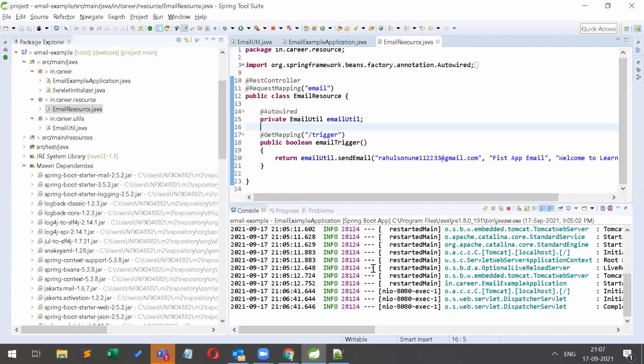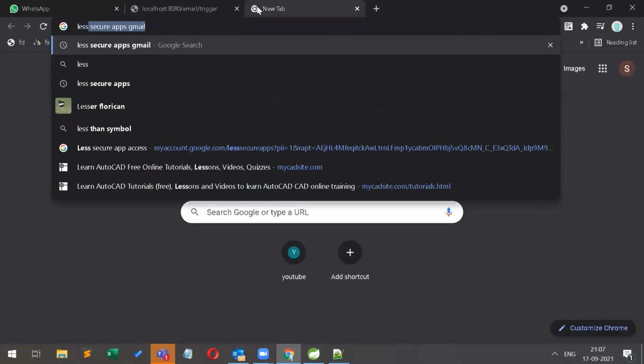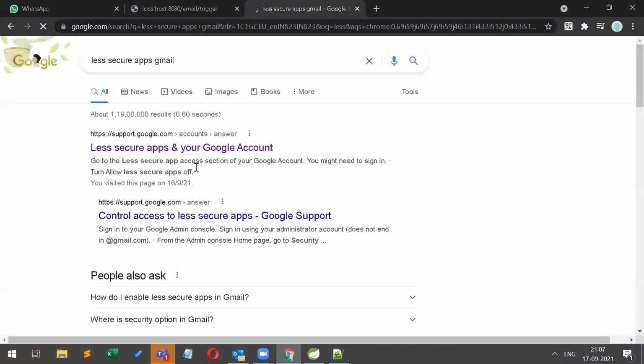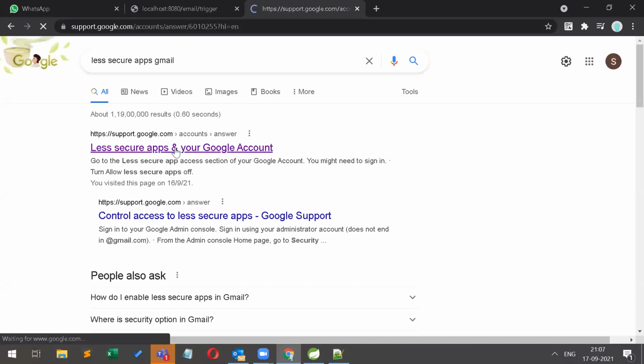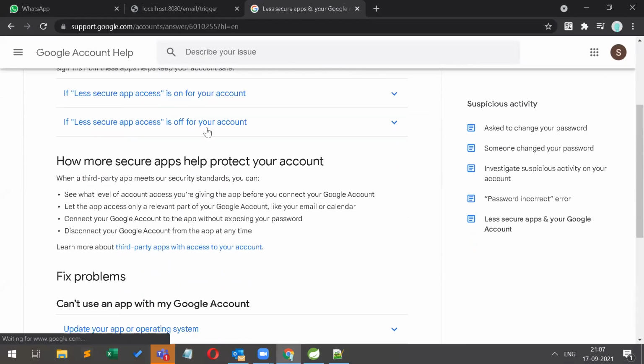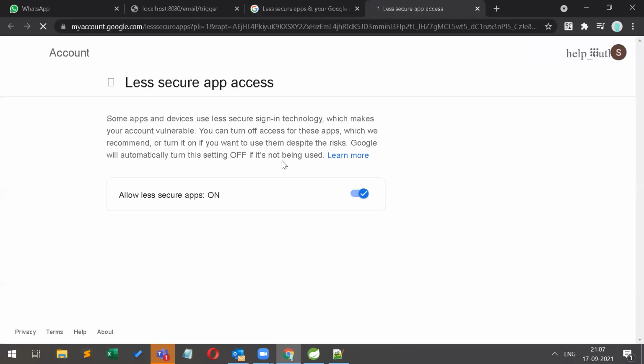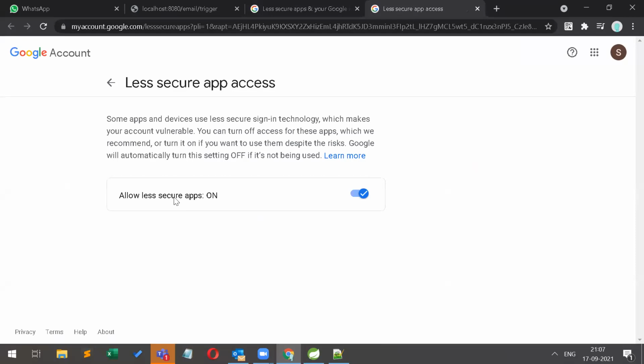And guys, regarding Gmail security, you have to turn on less secure apps in Gmail. If you have disabled this, you will not be able to send emails. I have enabled this. Look here, allow less secure apps is on in the Google settings.